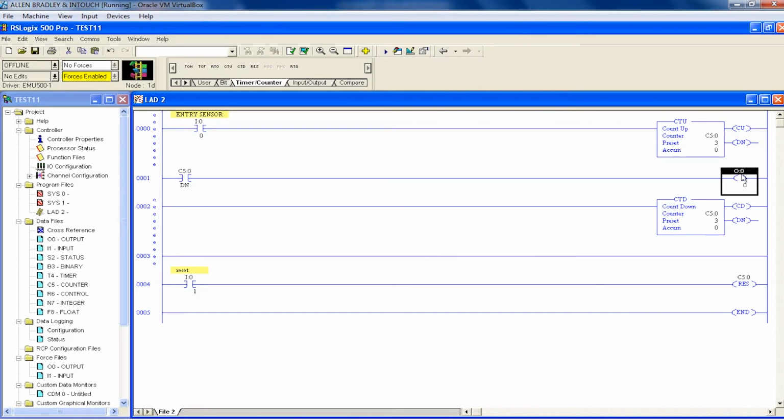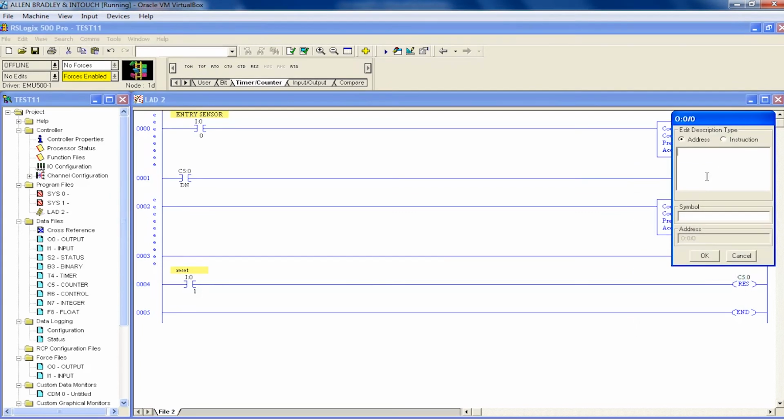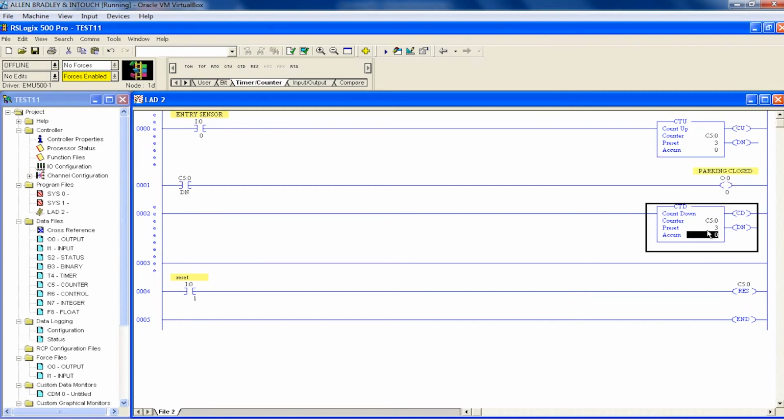So you have a parking slot in which you can park only 3 cars. So you should allow only 3 cars, right? So I'm giving the preset value as 3 here. When the 3 cars have already entered, you should give an indicator like parking is full. You can put the description as parking is closed.